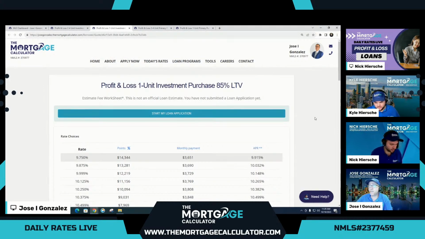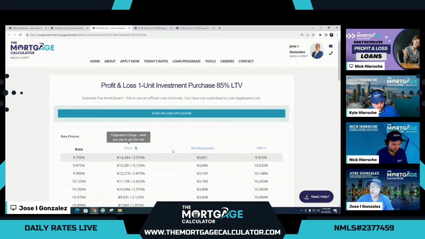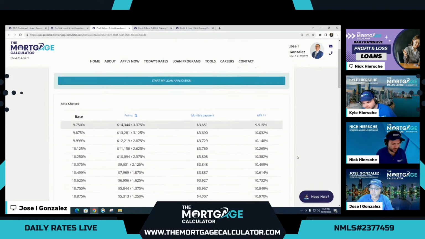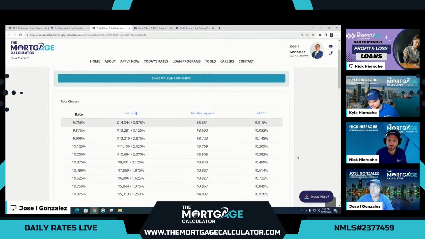Now we have our P&L of a 1 unit investment property. Now this is with a 3-year prepay. If you opt for a longer prepay, you could get a little bit better pricing. So here you will note, besides the 5% lower LTV, as 85% is the max LTV, that there is a higher cost.